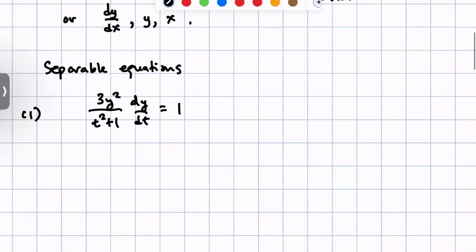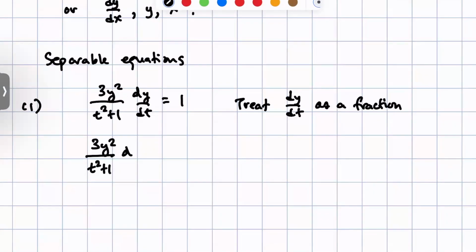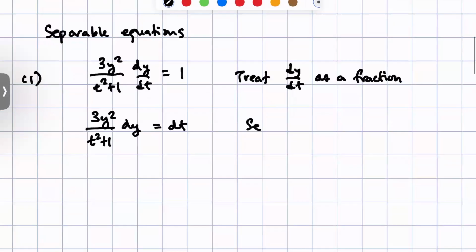So the idea behind a separable equation is that we're going to treat dy over dt as a fraction. And so you can actually dissociate the dy and the dt by multiplying both sides by dt. So for example, if I multiply both sides by dt, I get 3y squared over t squared plus 1 dy equals dt. And the idea here is to separate